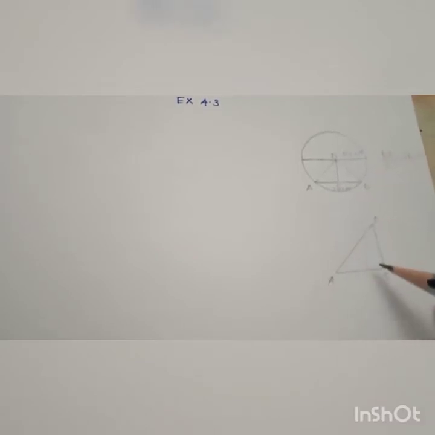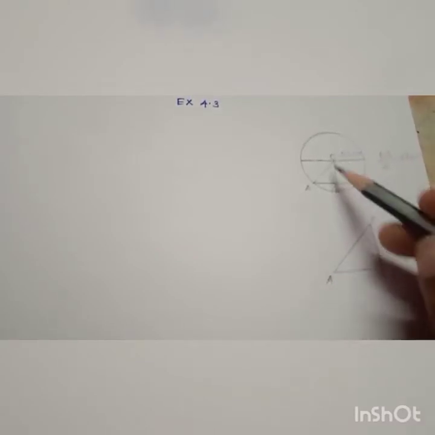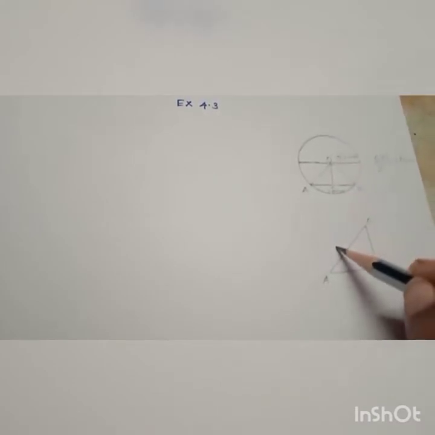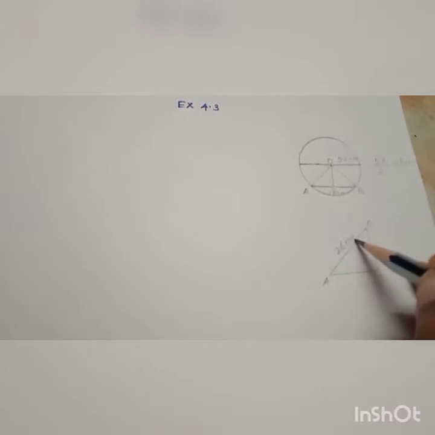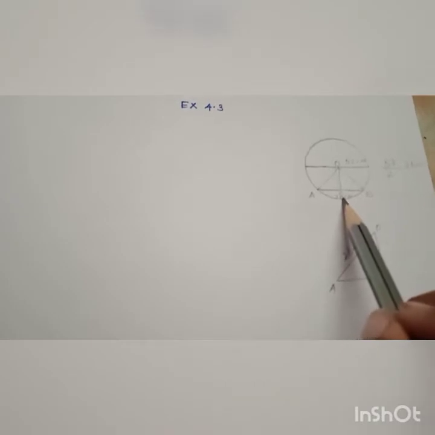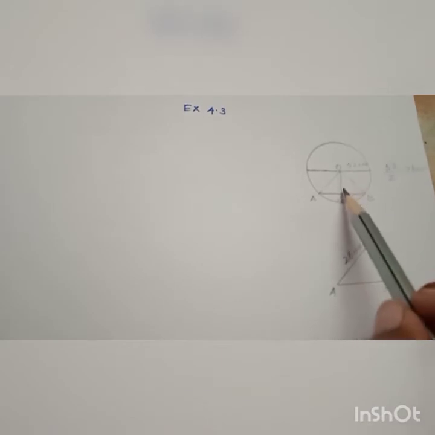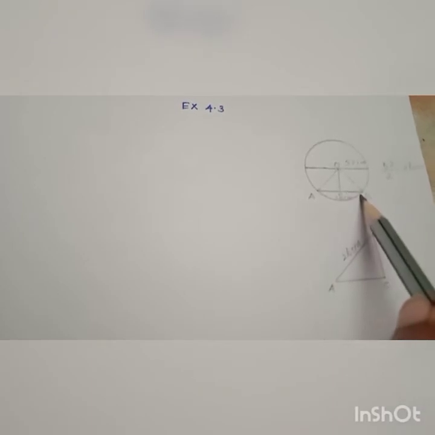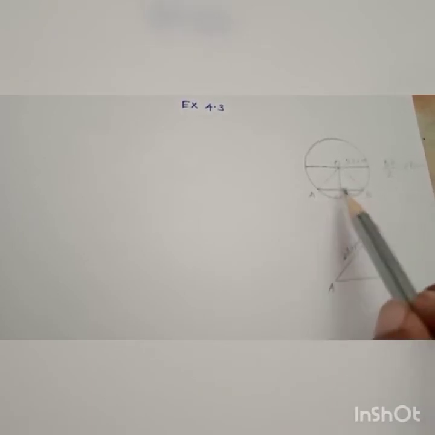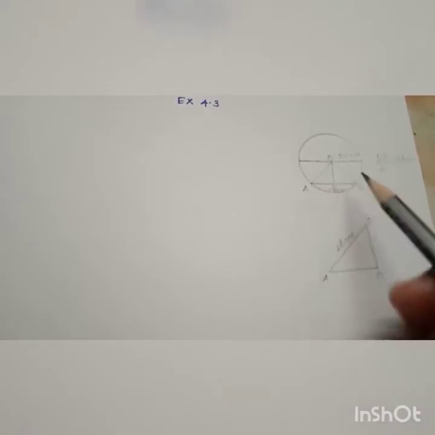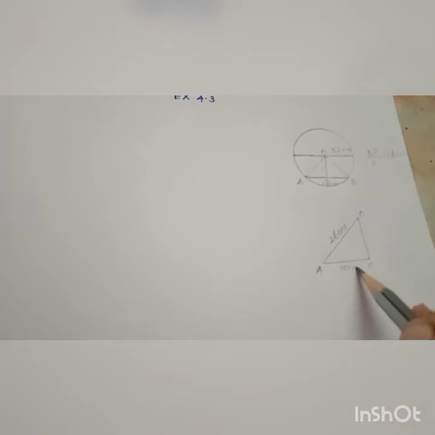Now I have taken this right angle triangle separately. Here OA, since it is radius, is 26 centimeter, and the length of the chord is 20 centimeter. We know by a theorem that if a line from the center is perpendicular to the chord, then this line bisects the chord. That means it divides the chord into two equal parts. If it is 20, then half of it is 10. Therefore, the value of AC is 10 centimeter.